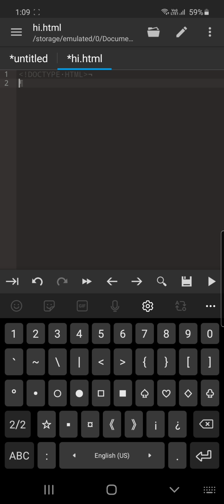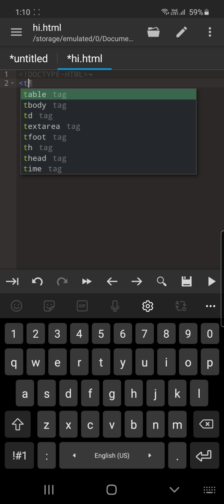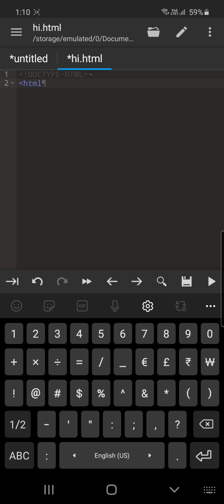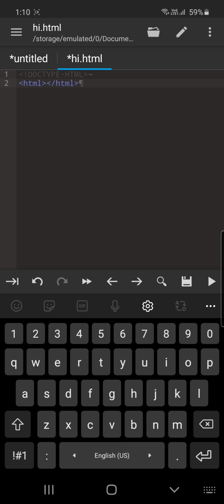It is very simple guys, and you do not need to worry, because if you have a normal HTML editor like this, you can very easily just type out the HTML tag. Now the HTML tag is basically the whole web page. So whatever is inside the HTML tag will become your whole web page. So anything that is inside this will become what the viewers will see basically.